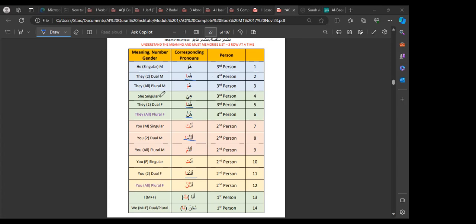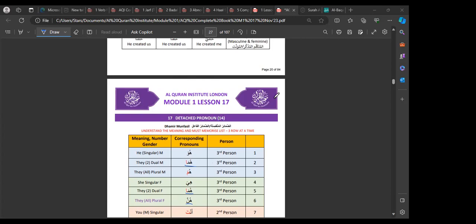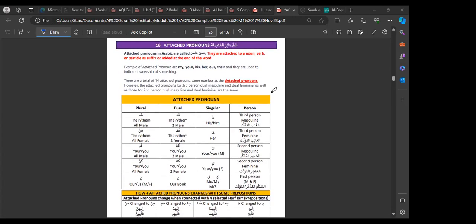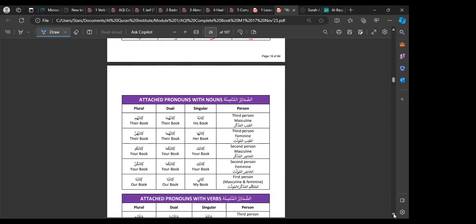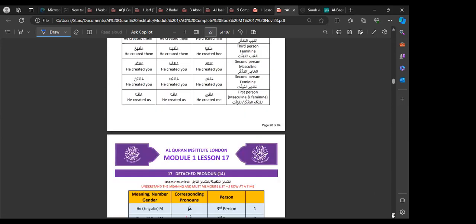So the main takeaway for this is just a list that you have to memorize. This is the main takeaway. There are no other points to it. This is simply a list that you will have to memorize, inshallah. Like the others, like the Muslim chart, and like the attached pronouns, huwa, huma, hum, ha, huma, hunna. It's just another list that you have to memorize, inshallah. And you will get tested, I believe, in the revision class. So practice every day, and the revision class teachers will repeat it, inshallah.